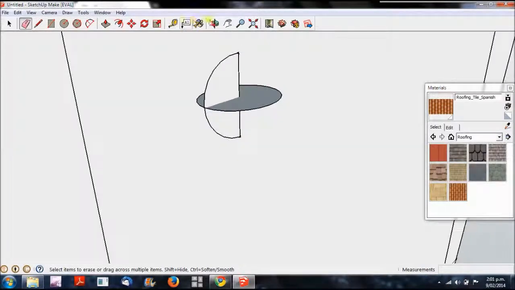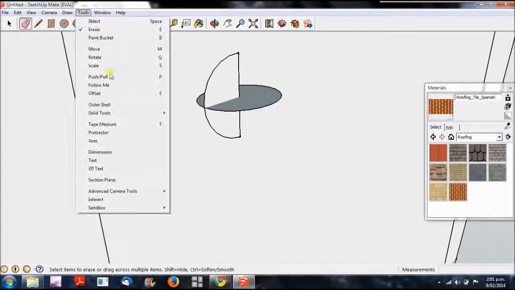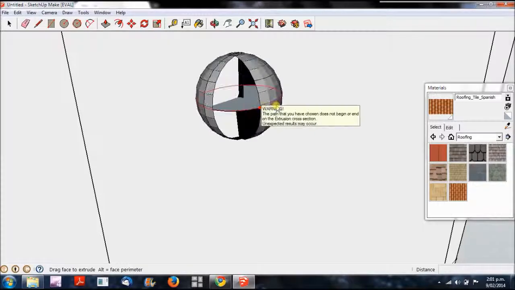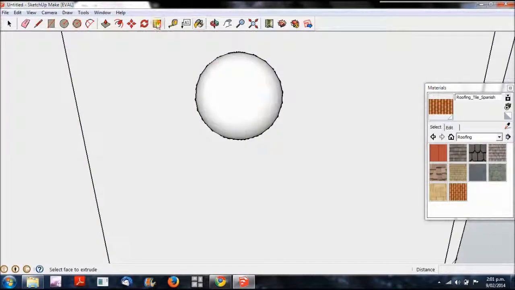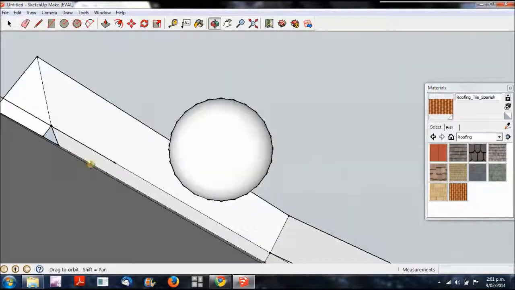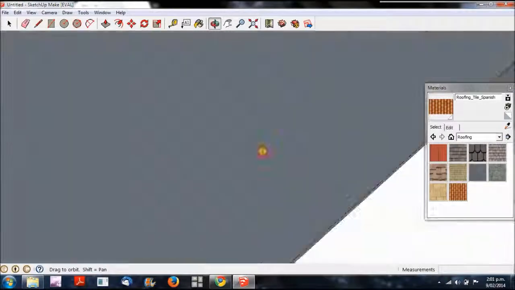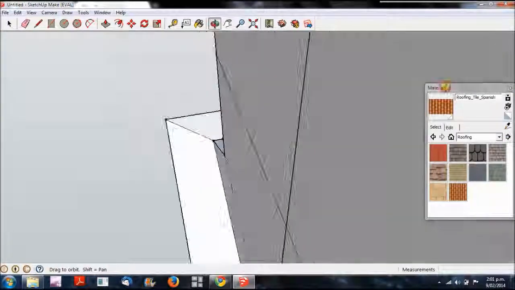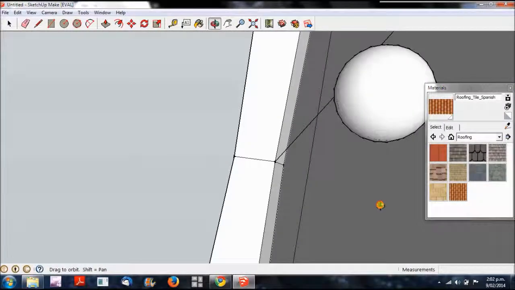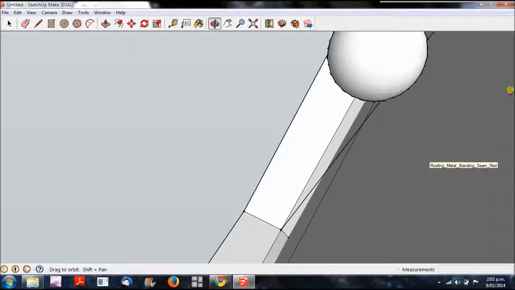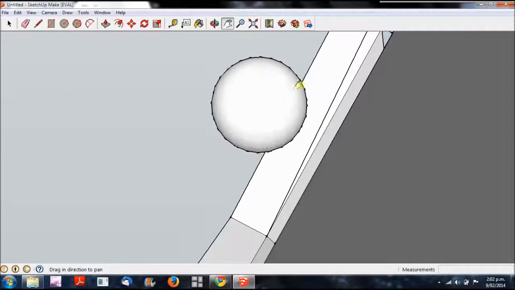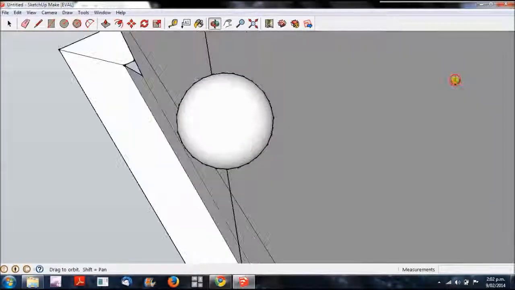Now, what we do now is we can use the Follow Me tool to make a sphere. And it should begin and end on the section. So now I've got a floating sphere. We still have the problem of the handle. Well, that's the handle. Now we need the part that connects the handle to the door. That can be done quite simply by